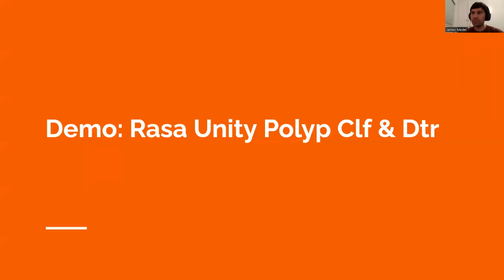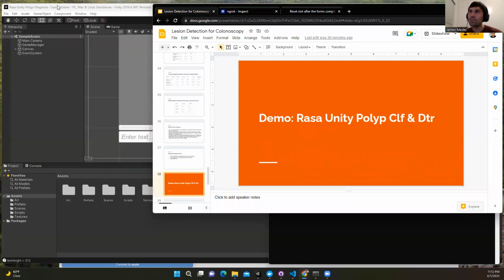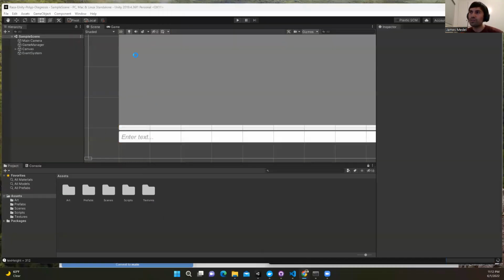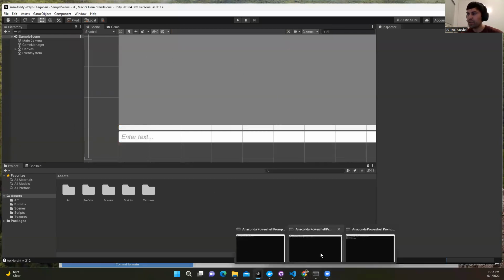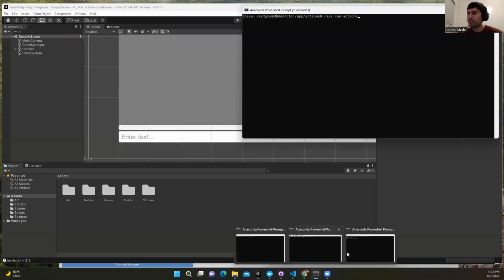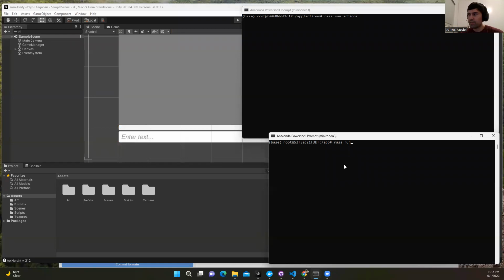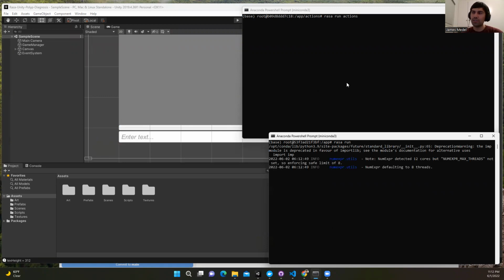Time for the demo. I'll be showing you guys Rasa Unity polyp classification and detection. So here I have the Unity game engine. I have my chat window. Just for you guys to see, I have two terminals here. This one is going to run the Rasa run server. This is what's going to be communicating with the Unity game engine. And there's also another